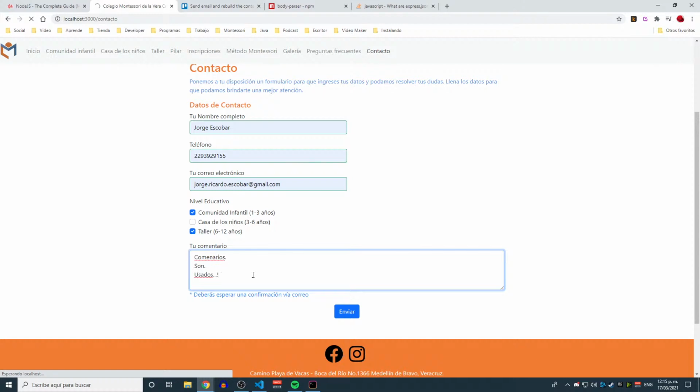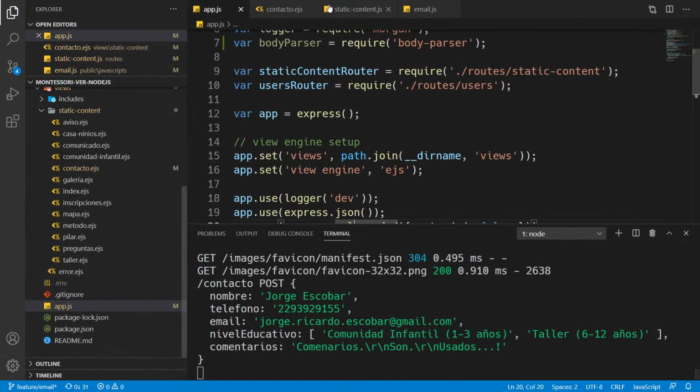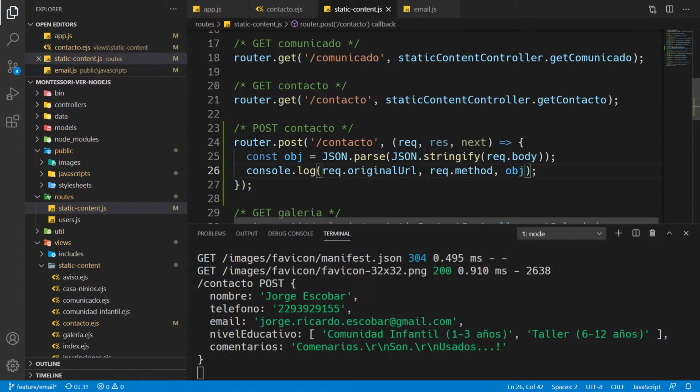I may like to redirect after clicking the send button. And that needs to happen on the middleware function here. Let me see, not here. Here. Inside this middleware function, I may like to say, for example,